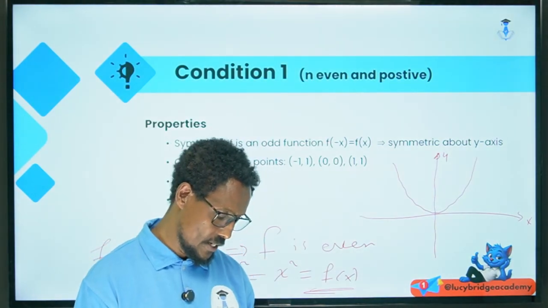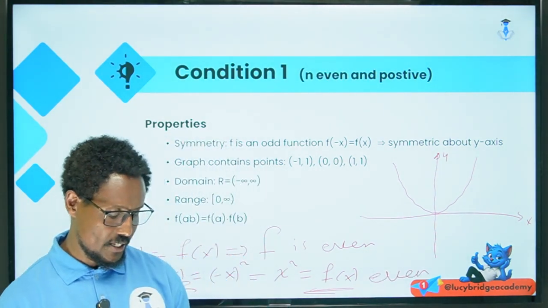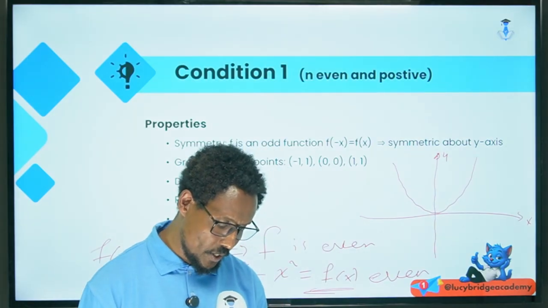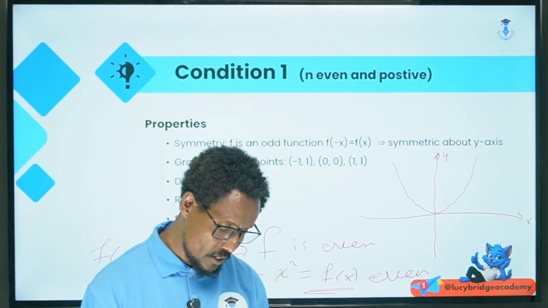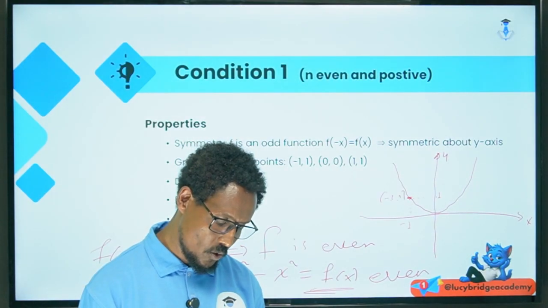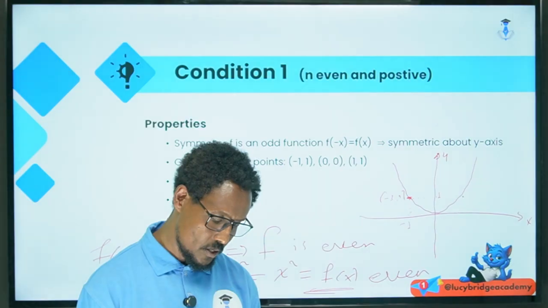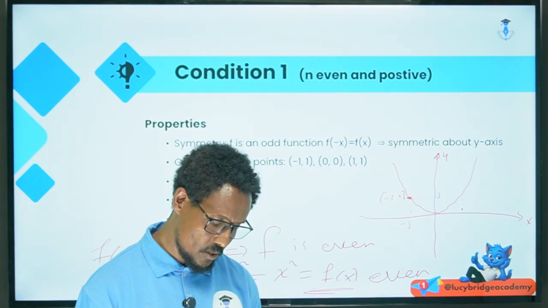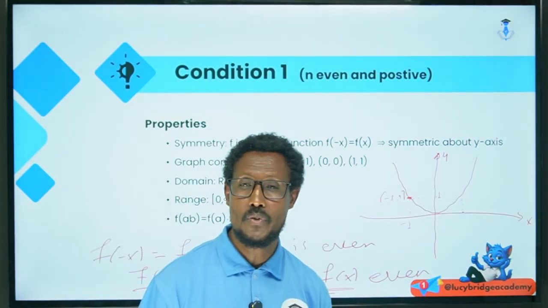እንደገና ደግሞ even function ነው። Even, okay, even because f of minus x is equal to f of x. Now, the graph contains this point, which is minus 1 and this one is 1, okay? So this point is minus 1 comma 1 and this is also 1 1, this is 1 and this one is 1. Again, this is the origin 0 0, right? 0 0. So these 3 points, minus 1 1, 0 0, 1 1, are elements of the given function, okay,